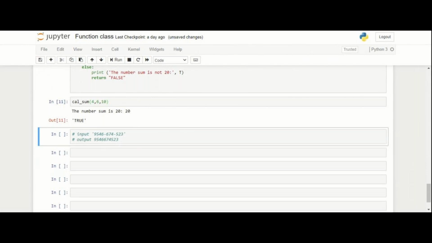So how will we solve this? Any idea? Approach? Understood, right? First is my string, and then I have a dash. So for example, take anybody storing their phone number, right?